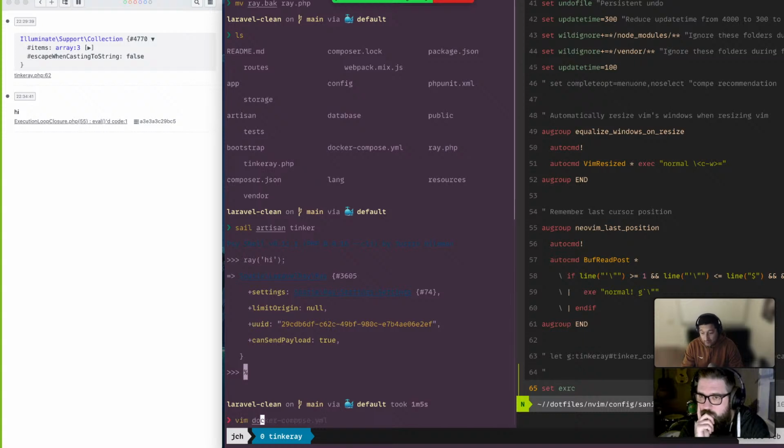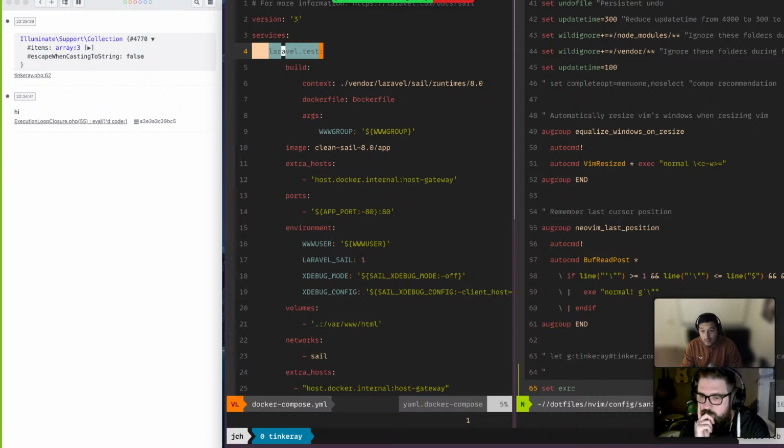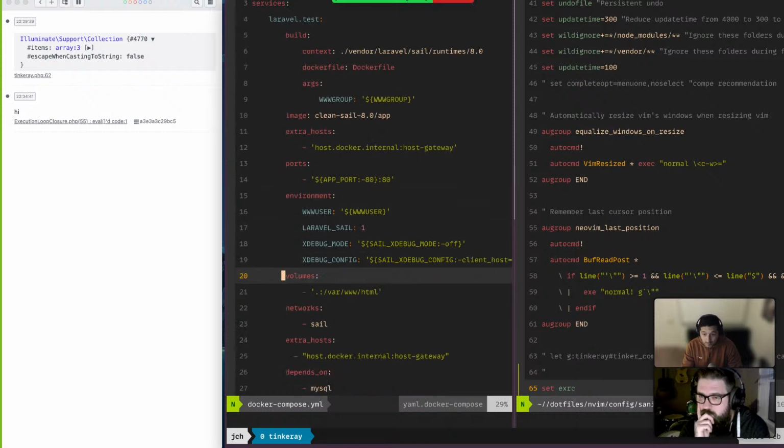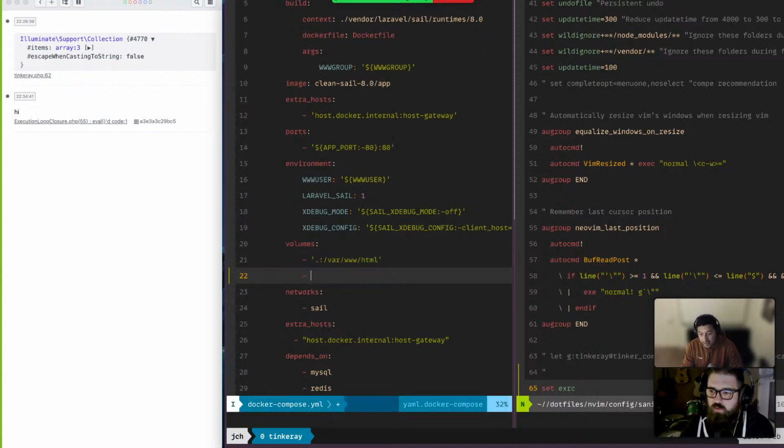So if we look at the Docker Compose file, here this Laravel.test is the container that's running my application. And we'll see down here volumes, right? So it's taking our present working directory, which is the Laravel clean directory, and it's mounting it to var www.html within the container. But it's only that present working directory that container has access to. Right. No other directory in my system,